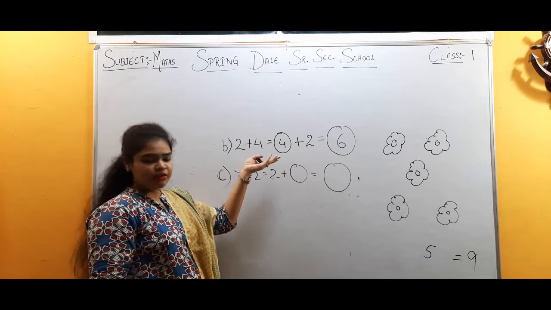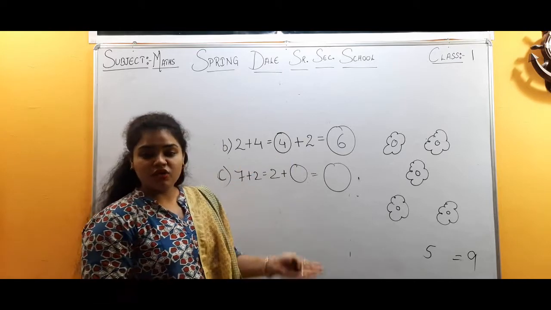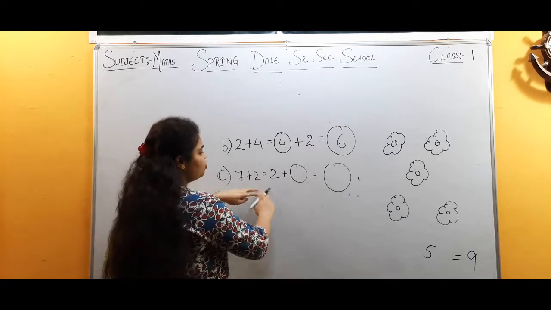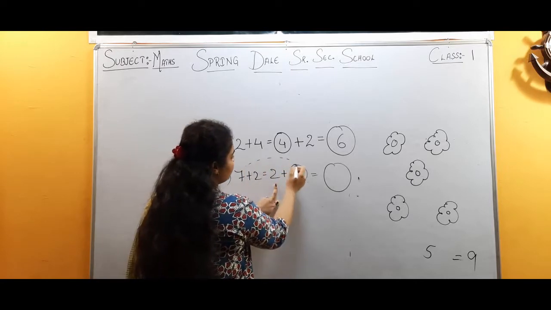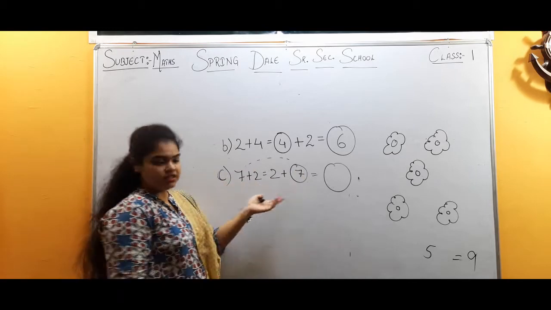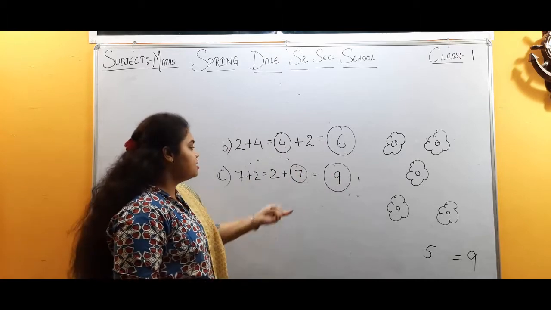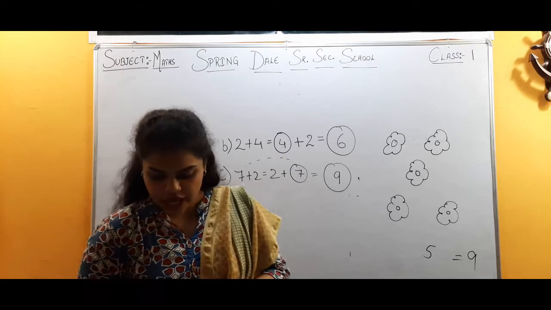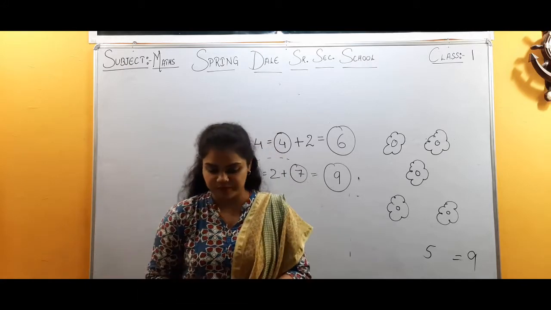जैसा कि हमने ऊपर वाले क्वेश्चन में देखा है 7 plus 2. 7 plus 2 कितना होता है? 9. अब हमें क्या करना है? 2 तो लिखा हुआ है. We have to write this 7 here. 7 plus 2 और 2 plus 7 कितना होगा? 9. So we have to write 9 in the circle. The sum of both the numbers is 9. I hope children you will complete the rest of the question D, E and F.